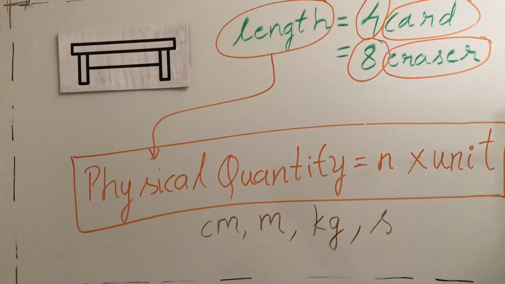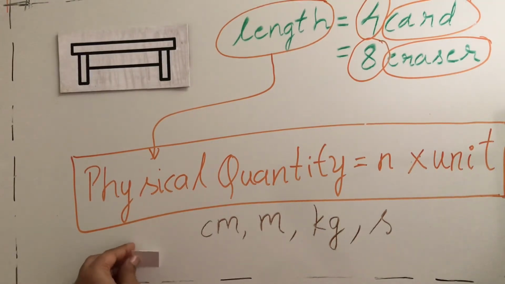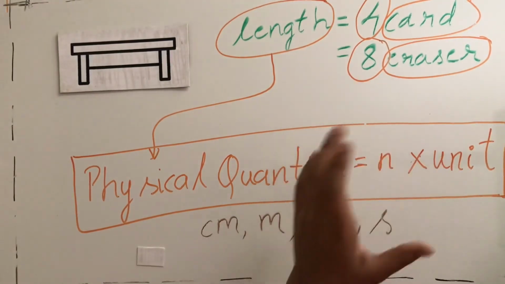I want you to understand unit by doing a task. Collect objects like a card, your eraser and an invitation card, and find out how many times that unit will make the length of the table in your home. By doing this, you'll be able to understand that the larger the unit is, the number of times of repetition of the unit will be